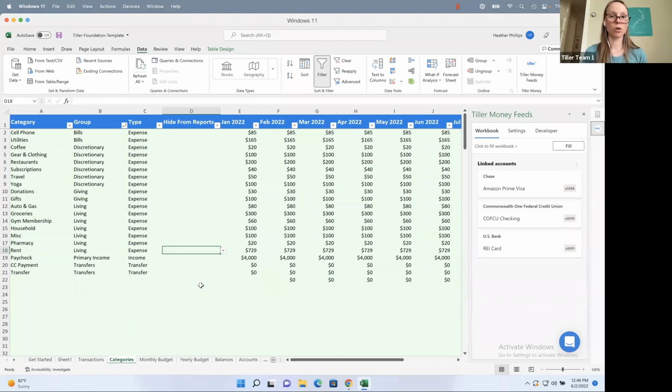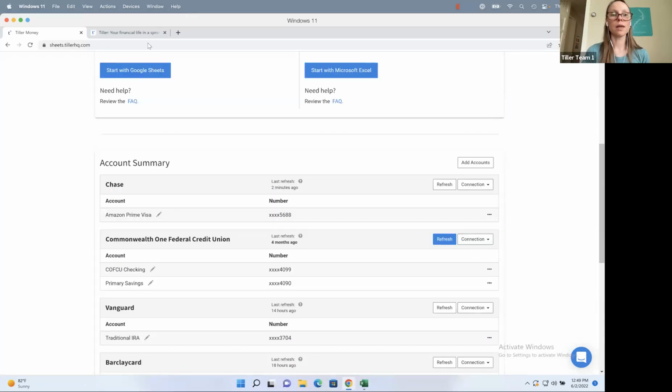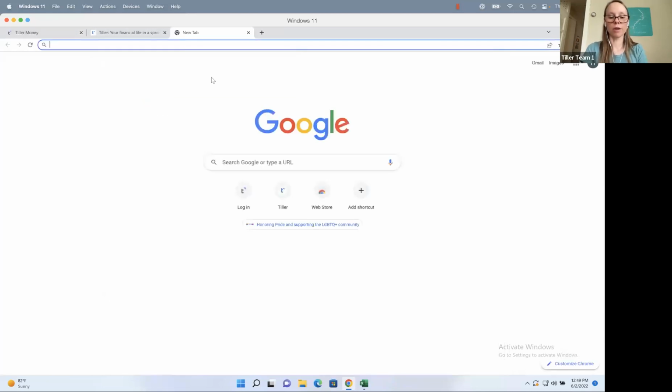It is something that's on our roadmap. I don't have a timeline for it, but it is coming. As far as pie charts go, we don't have anything in the foundation template out of the box, but there is a show and tell solution on the Tiller community that does have a pie chart, and I think you will love it. So if you're not aware of the community, you can go to